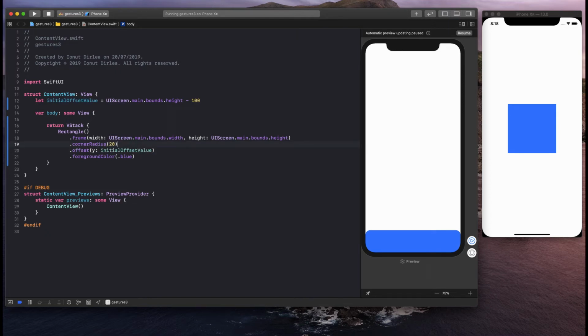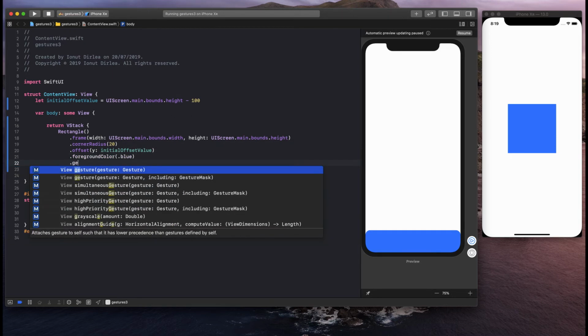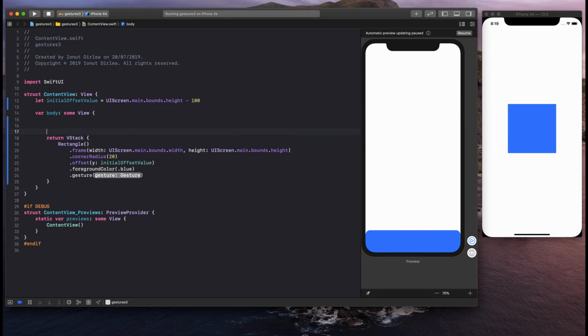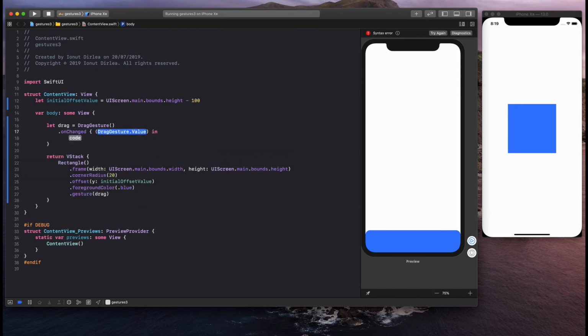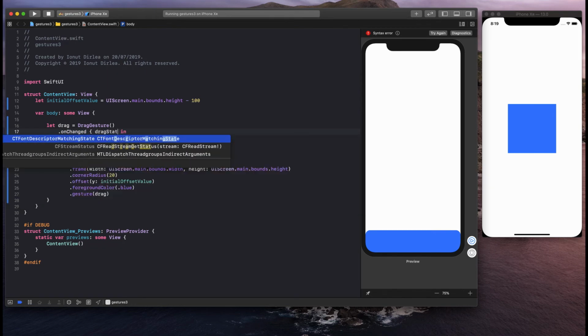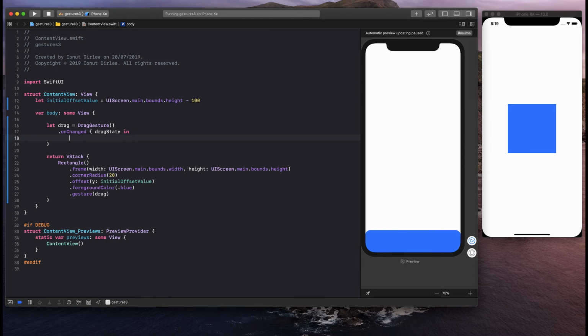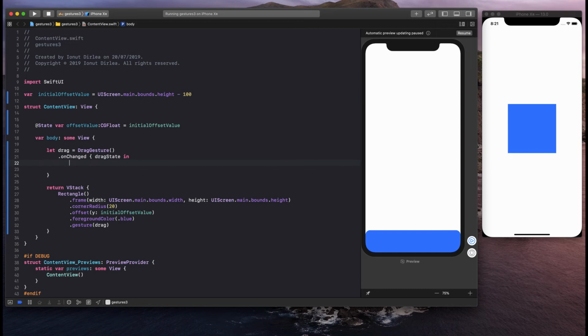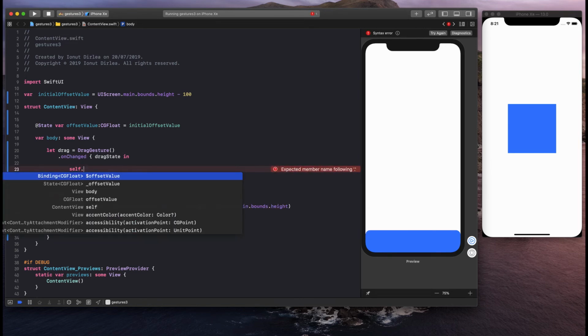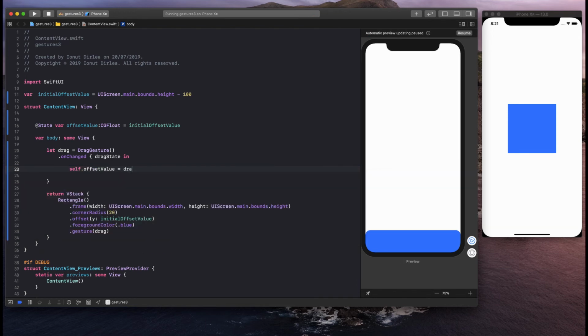And in order to add the drag gesture, we're gonna use the modifier gesture, and let's create the gesture on top here. Let drag equal to drag gesture. Let's assign it here. Okay, and now we're gonna use the on change modifier. This will send in the closure the drag state, and in the drag state we'll have a property called location that has the x and y values, and we're gonna use the y values. We're gonna create a state variable on top here, and here we're gonna modify this value. Because we are in a closure, we will use self again,